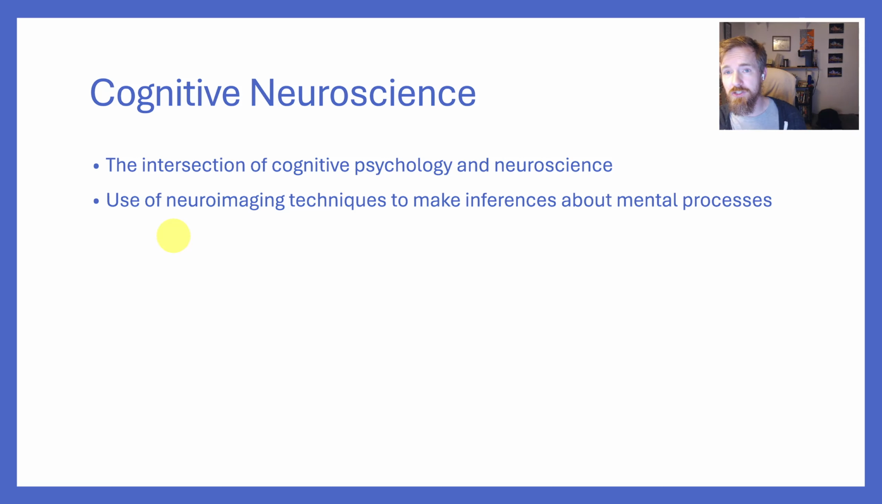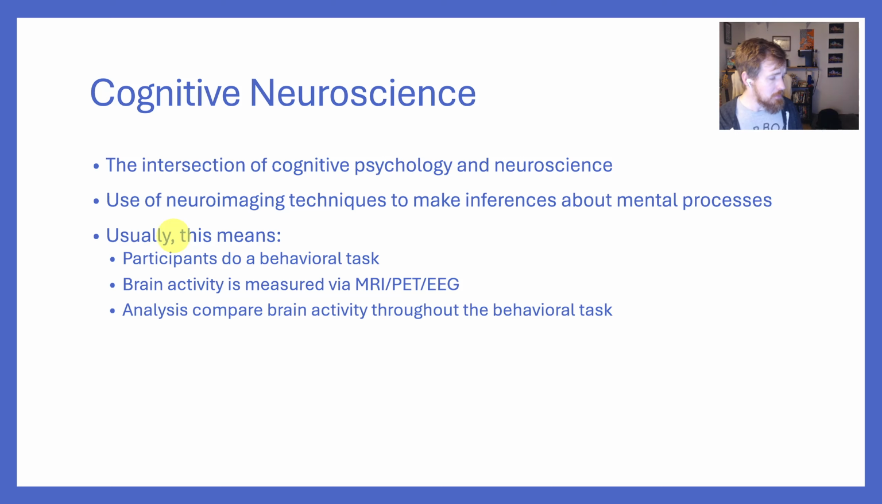So it's essentially like using neuroimaging to look inside the black box. If you remember that from chapter 1, the black box problem is using neuroimaging to kind of look inside the black box to help us understand how input is transformed into the output of our behaviors. So usually what this means, and we'll talk a lot about this in this chapter, usually what this means is